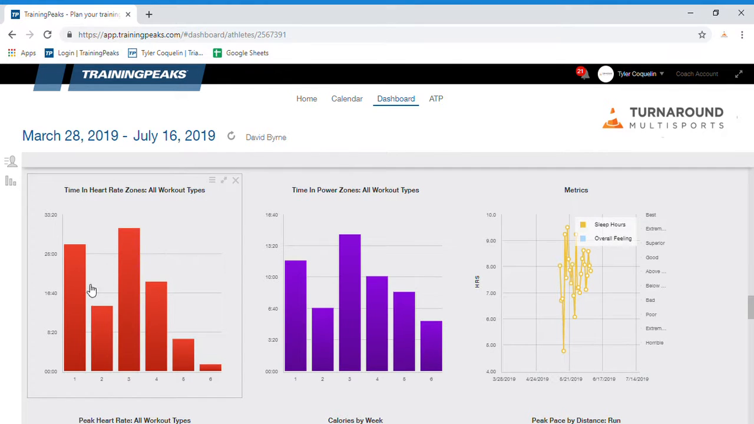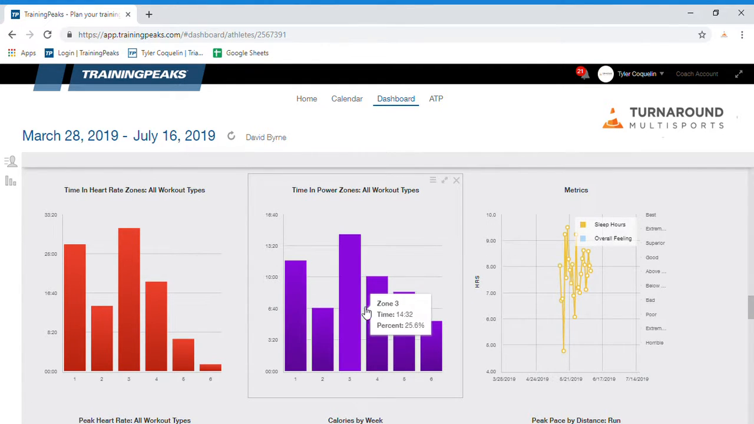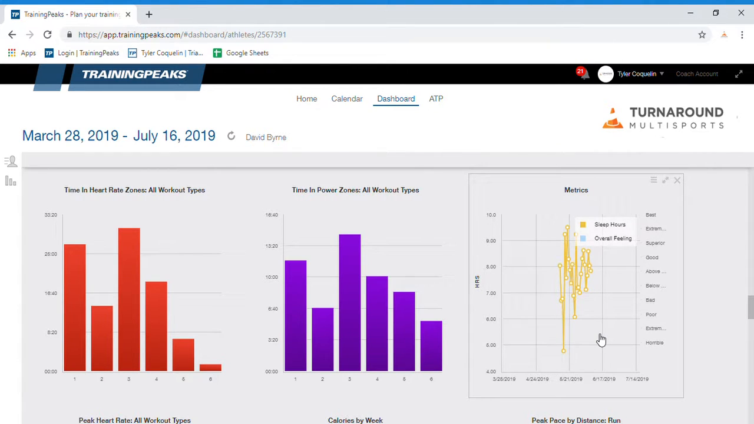Time and heart rate zones, it kind of breaks it down a little bit here for you depending on the zones you set up. I do the USAT model, so we have zone 1, zone 2, 3 over here. The metrics, this is actually, that's probably Joe Friel's, it's not the USAT model. If you look at the metrics, I encourage a lot of the athletes to enter their sleep hours and overall feeling, and it gives you another metric to go on. It tells you